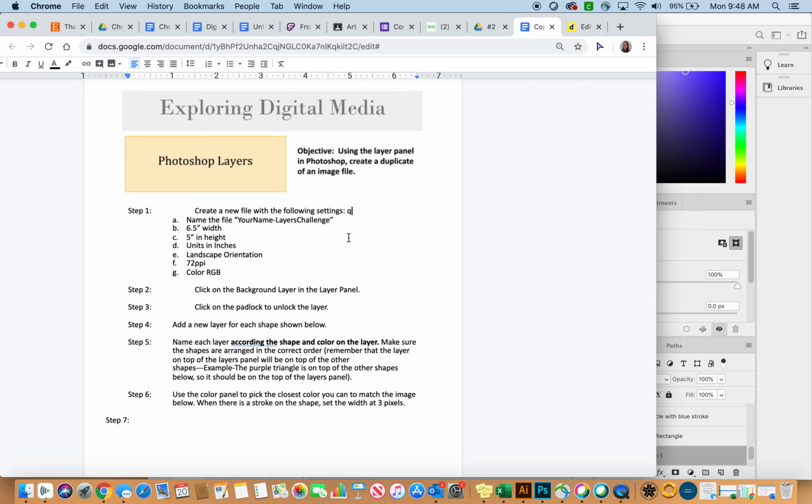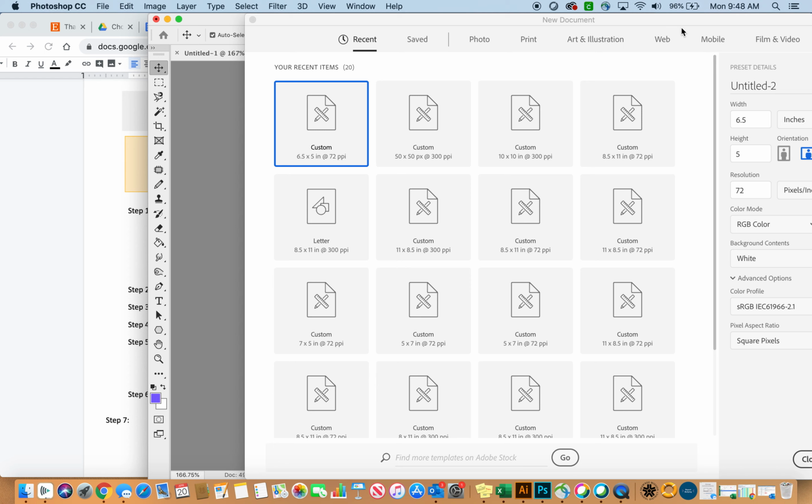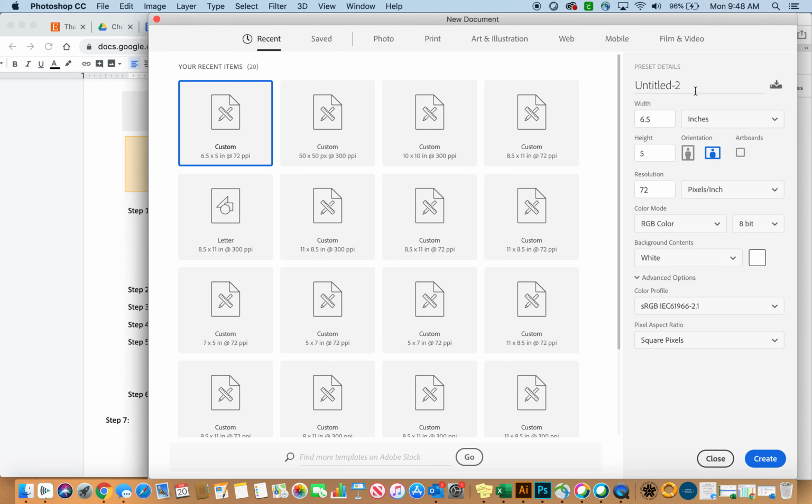So I'm going to go ahead and read through the directions. It says create a new file with the following settings. We're going to have our name, layers challenge. We're going to have 6.5 inches wide, 5 inches high, and our units need to be in inches. So I'm going to go ahead and switch over here. We're going to name it our name, layers